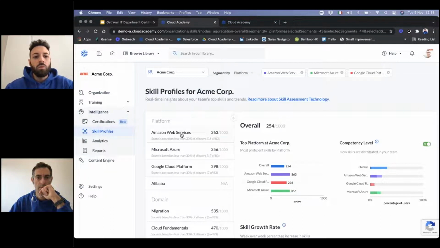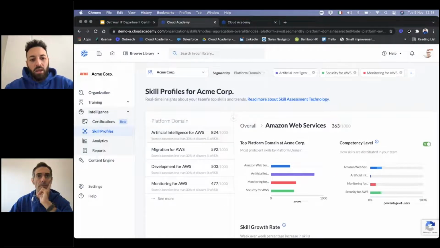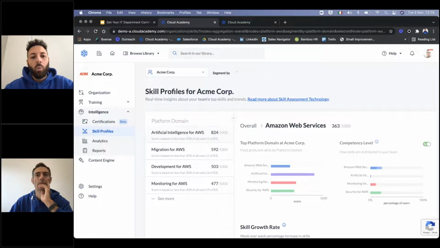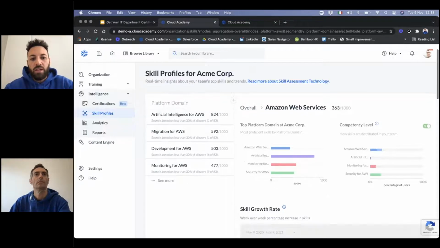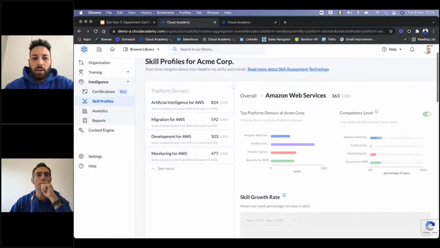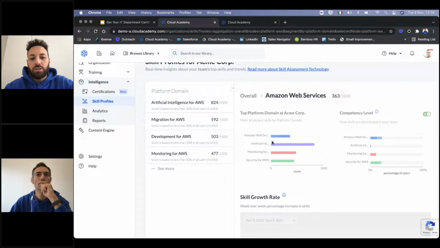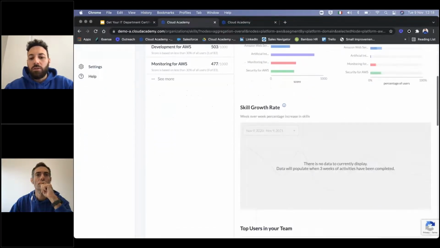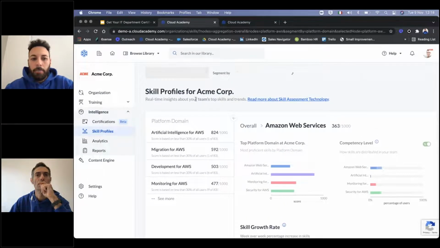No, we want to give you granular visibility about a specific domain for every specific cloud vendor. So for example, here I can see what level we have in terms of artificial intelligence for AWS. So this kind of information is very granular. And also here, changing the selection, you can see that all the information will automatically change.